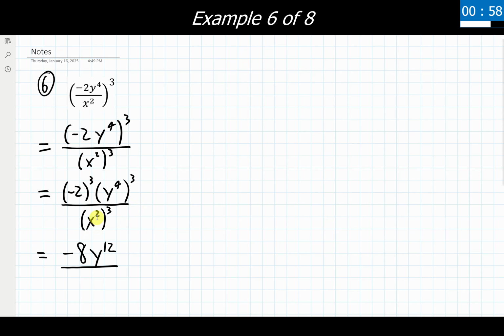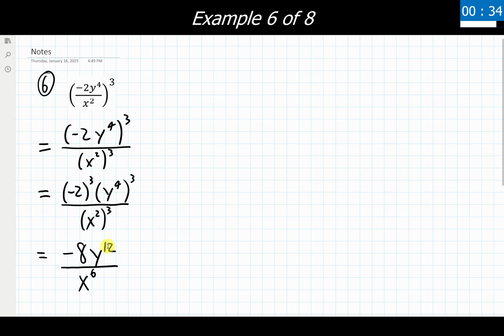We have x to the 2nd raised to the 3rd. These exponents once again multiply together, and we get x to the 6th power. Now at this point in time, we're looking at the fact that we have variables in the numerator and the denominator spot. Could we apply the quotient rule here? And while it's tempting to want to do that, we actually cannot.